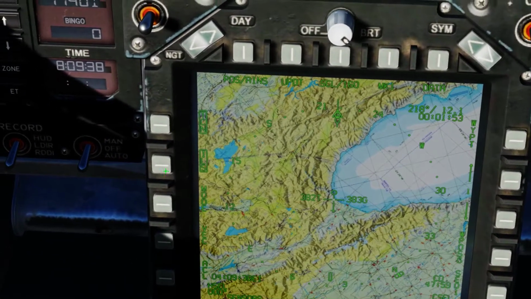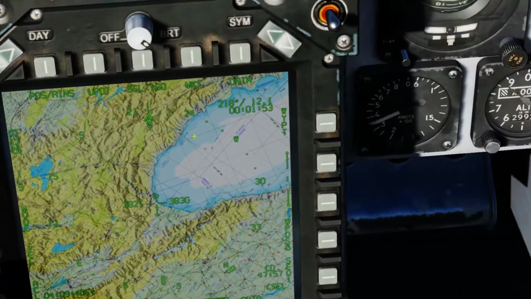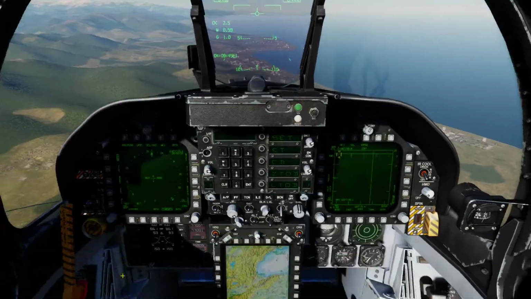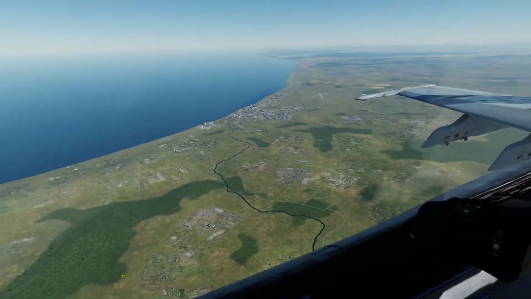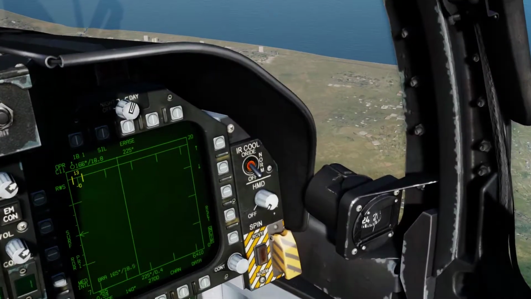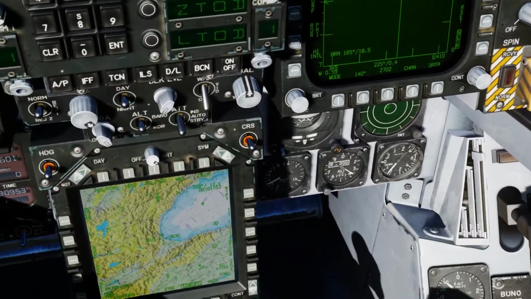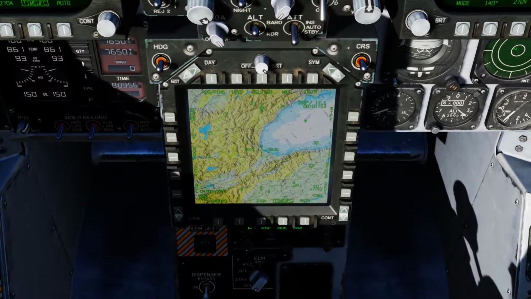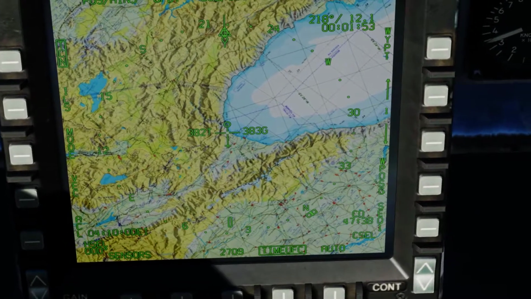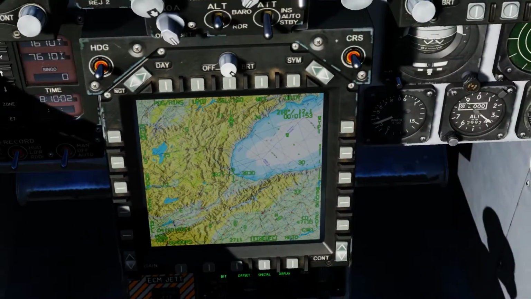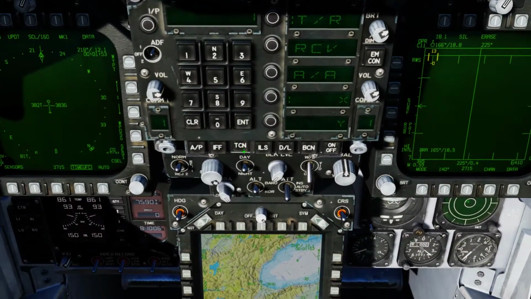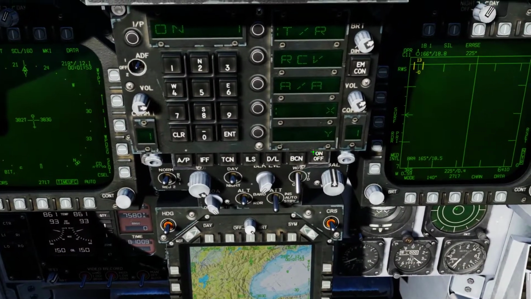And last thing, we have the TACAN, which is basically like the waypoint. The only difference is that a TACAN is a station on the ground or can also be on a tanker. It's an outboard communication navigation system. TACAN stands for Tactical Air Navigation, and what it does is you go to TACAN on the UFC, turn it on,